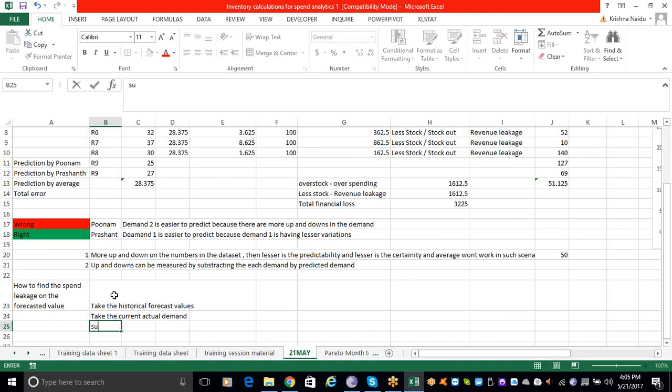Third, subtract the historical and the actual demand. Then multiply the error between actual and historical difference